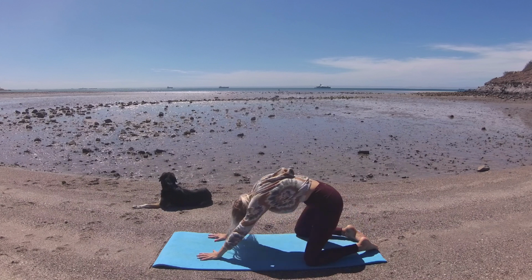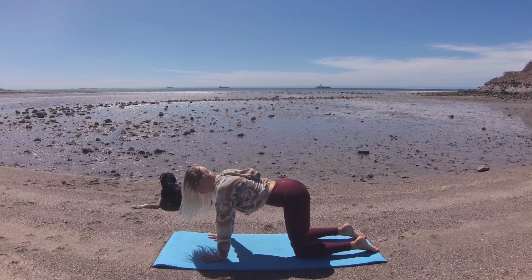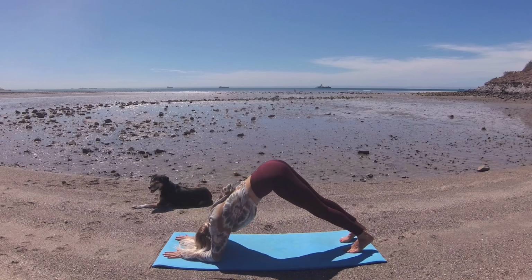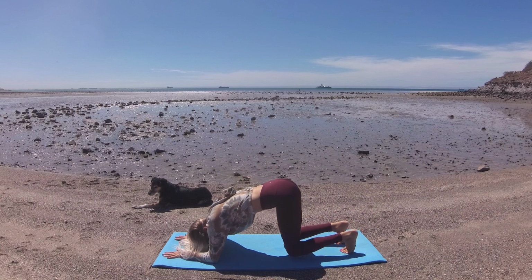Let's round forward into tabletop. Line your wrists under your shoulders. We're going to move into forearm stand. If that's not within your practice, I invite you to take Dolphin, which I will demo now. You can explore extending one leg to the sky and then the other, and even taking donkey kicks as you are comfortable with them. So whether you are taking Dolphin or forearm stand, we'll begin with lowering your elbows